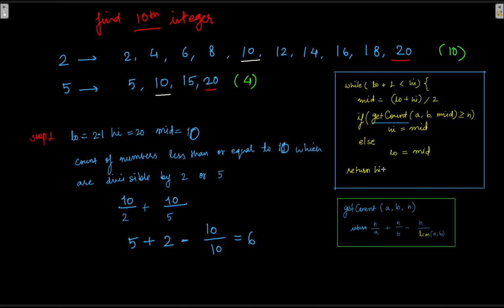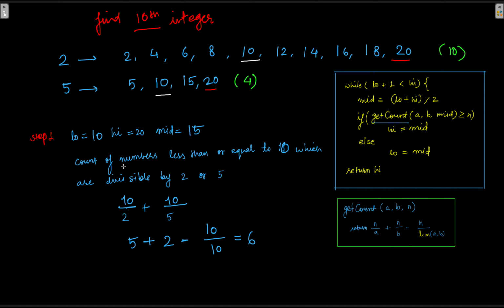Which means we can assign mid to low. What was our mid? 10. And what is going to be the new low? That is going to be 10. So now what we are trying to say is that our answer lies in this range, 10 and 20, right? So let us quickly fix that. Low and mid. So our new low is 10, and our next mid is going to be 15 from this calculation.